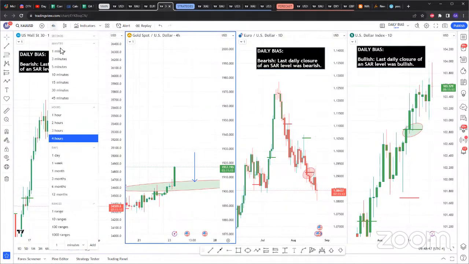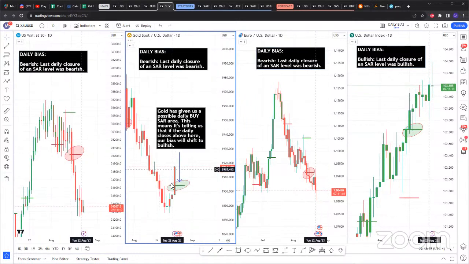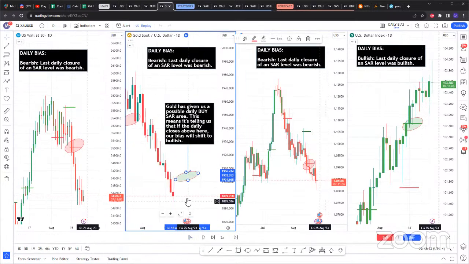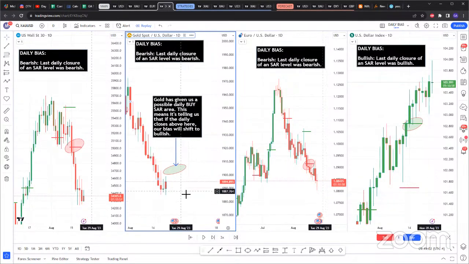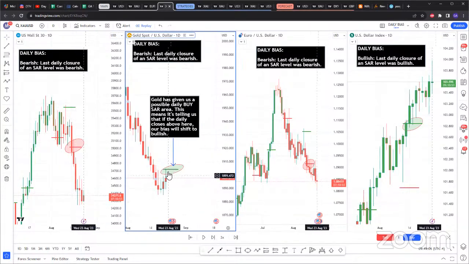Let's say you see yesterday when gold formed, I'll just replay this. When gold formed, and keep in mind, these SAR zones are formed live, so they're not repainted, they don't form after the fact. For example, here you'll see when that buy SAR was formed right there on this daily candle. On this daily candle, one thing you could have done, what's the next time frame if you wanted to catch those early buys? What's one thing you could have done?